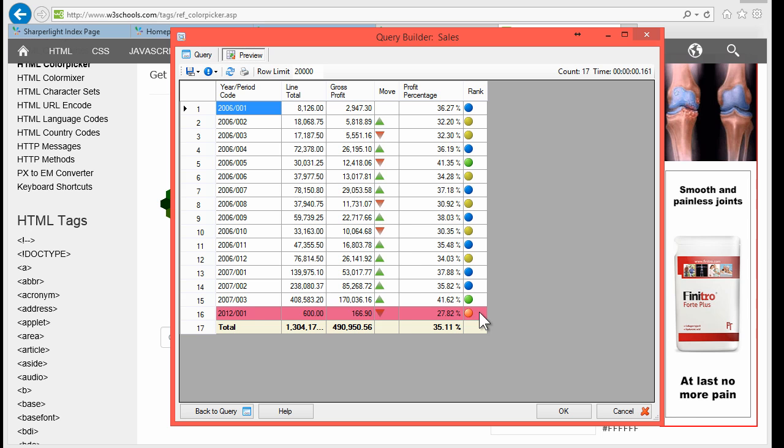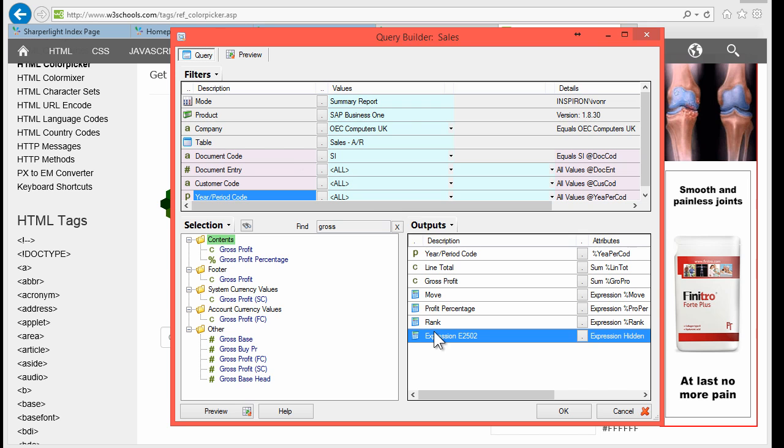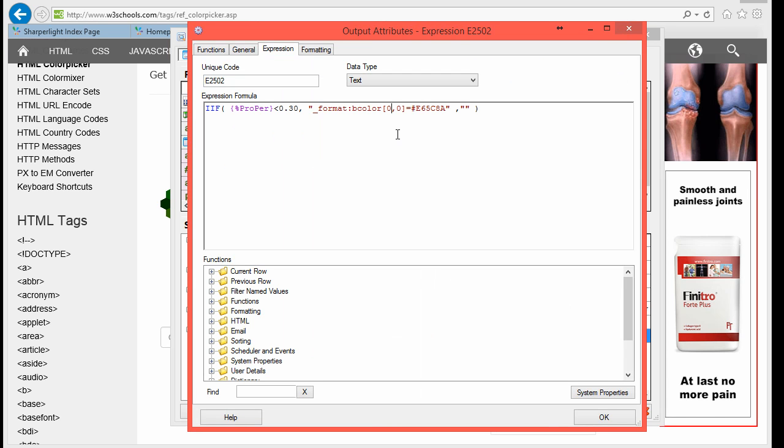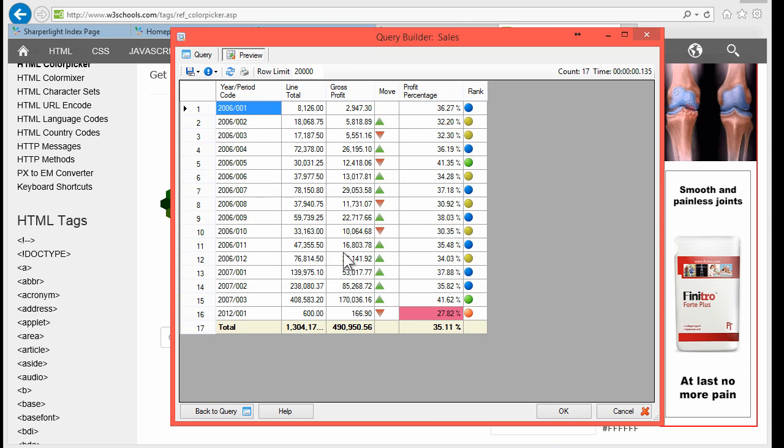I'd like to just change this one more time so that instead of doing the full row, I'll just do 1, 2, 3, 4, 5, column 5 by itself, just so we can see what that's doing. So column 5 to column 5, and we preview it, and now we've just changed the background color on one